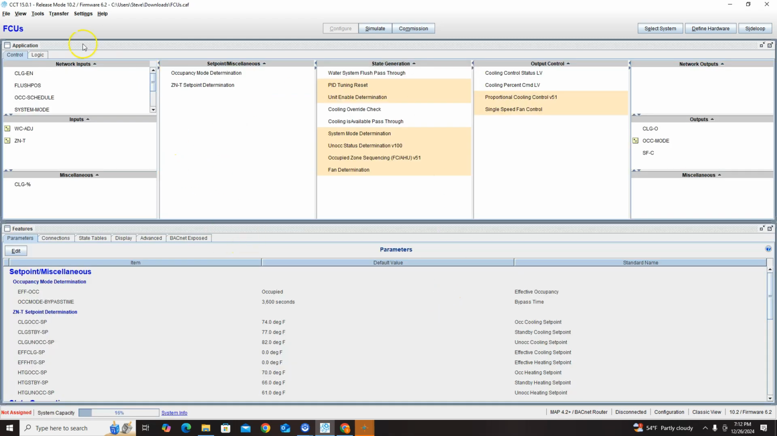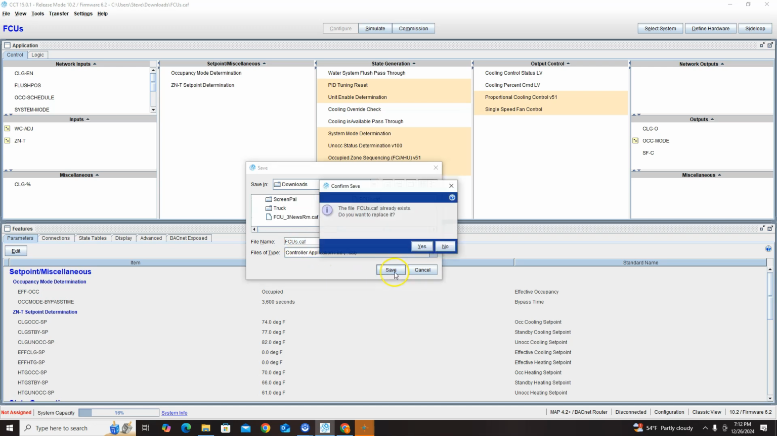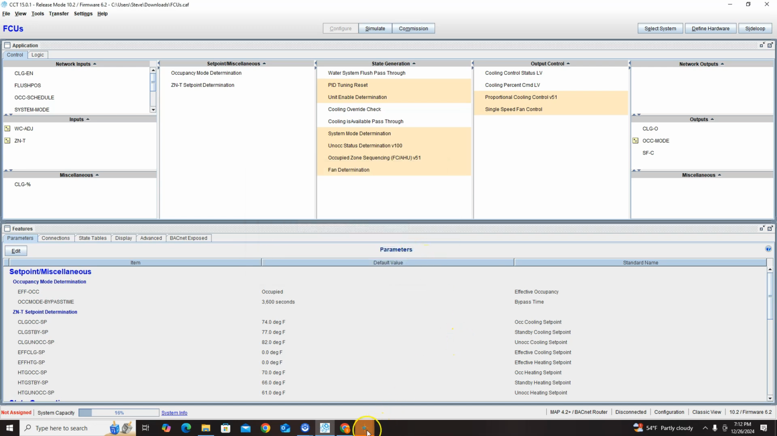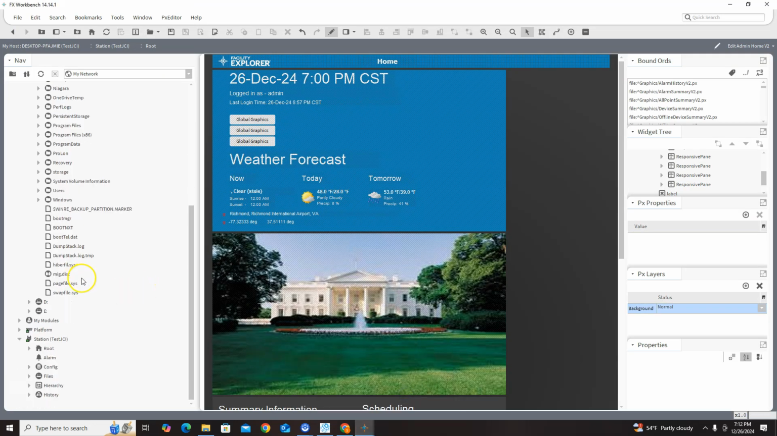All right, there we go. There's our standard ones. File, save, downloads, S, sure. Okay, so now I can take that. I can come over here to Workbench. I can come set up my